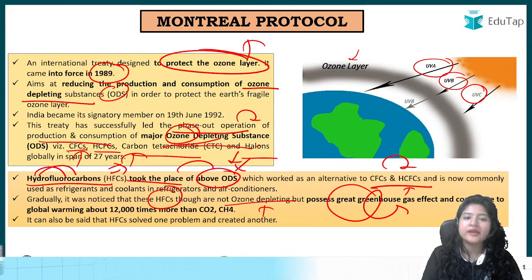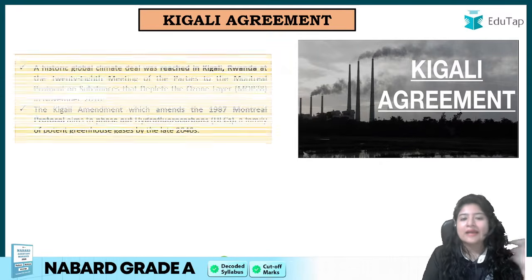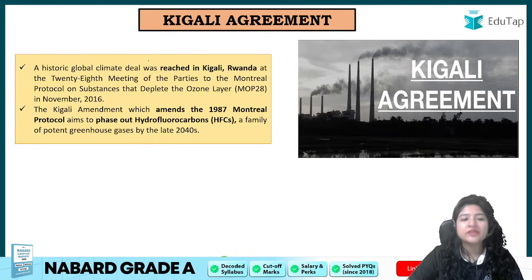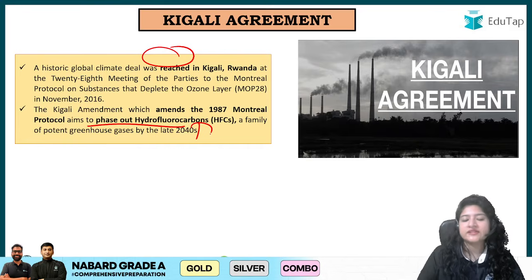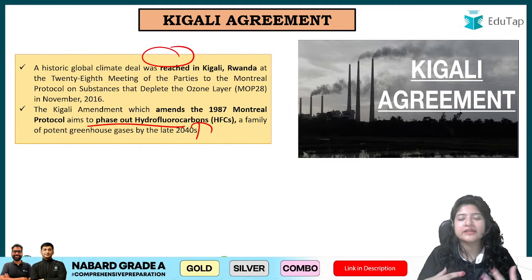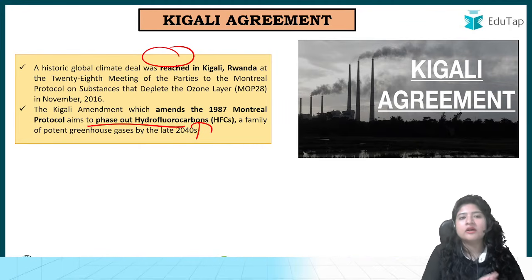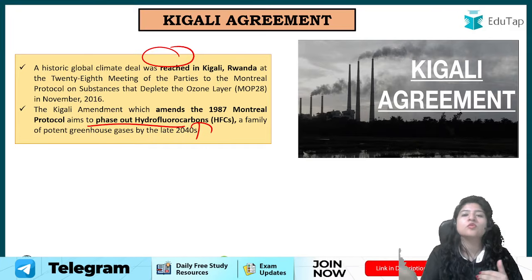तो उसके लिए क्या किया, then what was done, so for that Kigali agreement came into action, ठीक है. फिर इसको टैकल करने के लिए कि किगाली एग्रीमेंट आया जिसमें now the aim was to phase out HFCs, because ऐसा ना होना कि ओजोन बचाने के चक्कर में you are increasing the alternative that they have come up with, it is more harmful, right? It should not be the case. तो किगाली एग्रीमेंट किससे रिलेटेड है, मॉन्ट्रियल प्रोटोकॉल से.